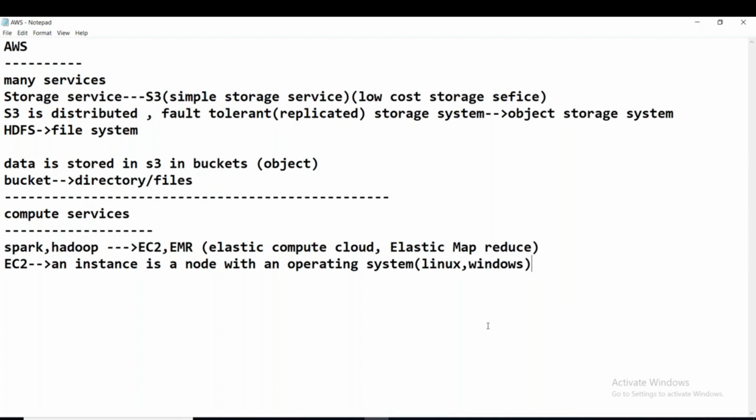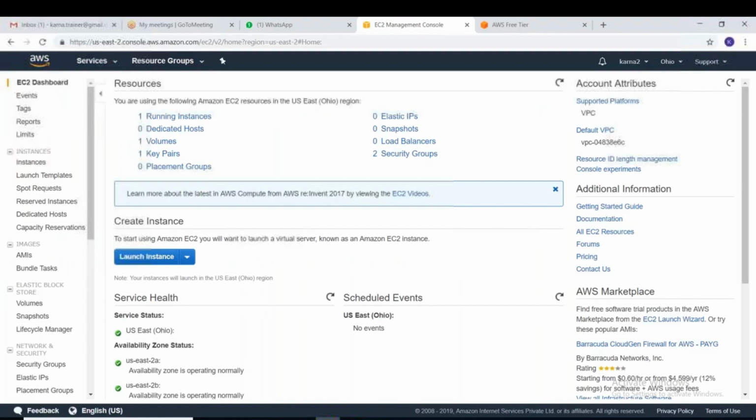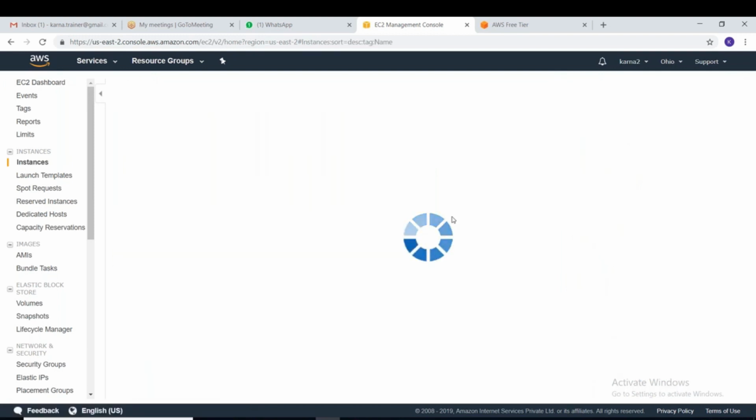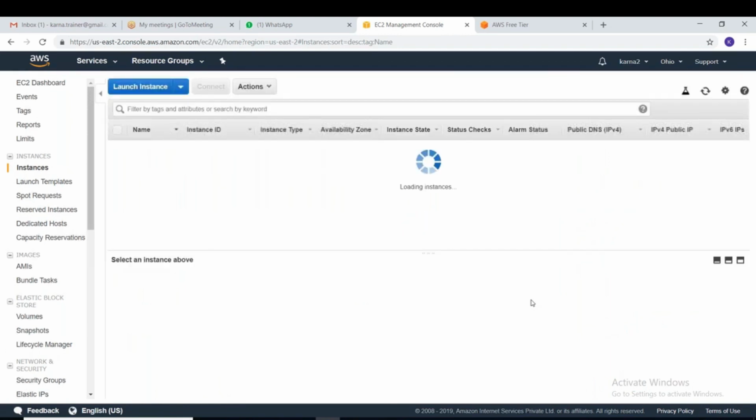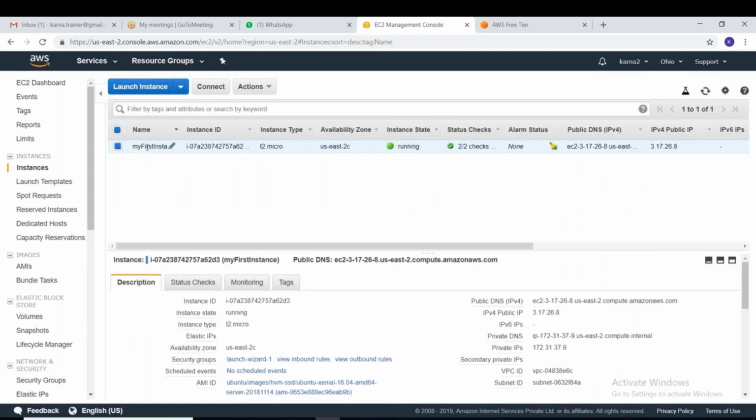Okay. Now see this. Already one instance is running there. Let me show you that one running, and if we click on that, it will show the information of that. This is the instance name I gave, and the instance ID, instance type, and availability zone.